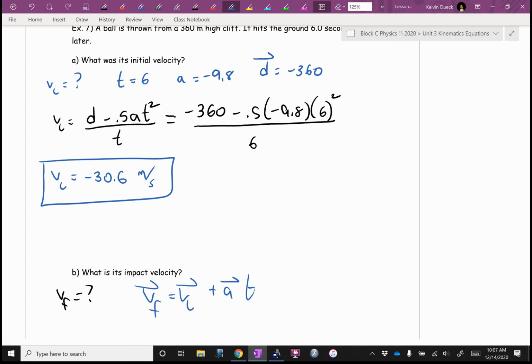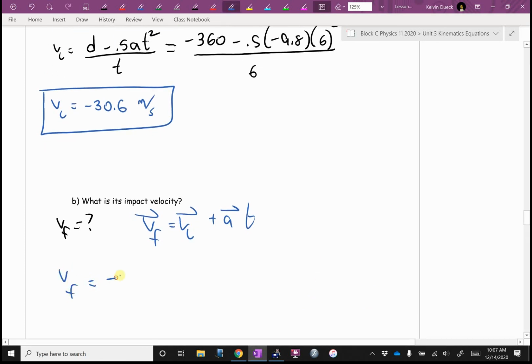So if you ever come to a part B that you can't do because you couldn't get part A and you think you need your answer from A to do part B, make up a nice reasonable value. Don't let VI equal 1 trillion or something silly like that. Don't let VI equal 0. Make up a nice number. Show me you can do it, and I'll give you full credit for part B, always. Okay. Anyways,